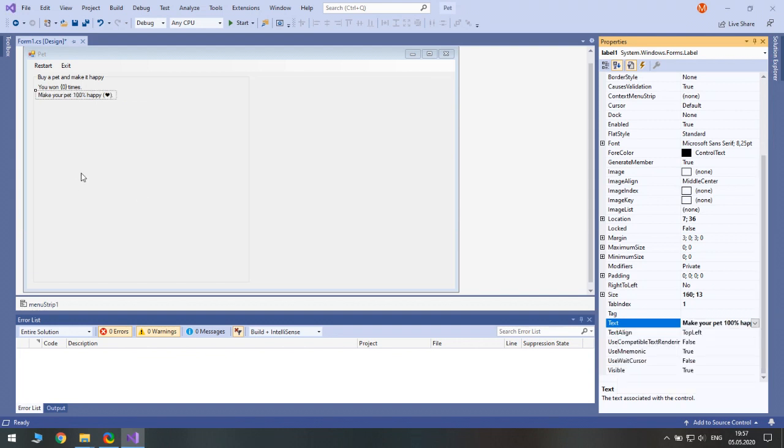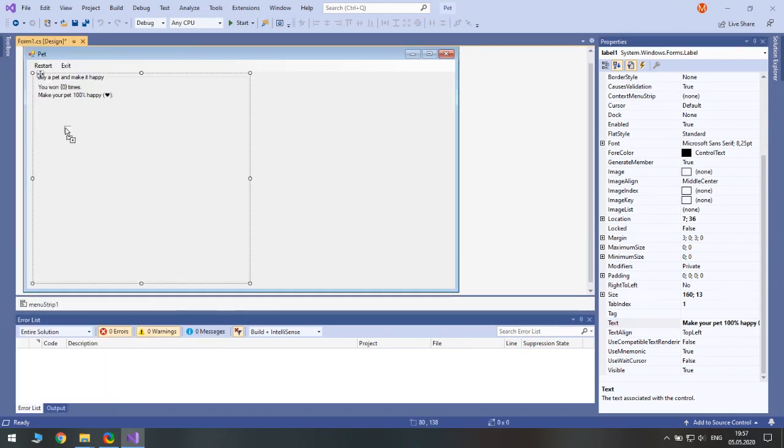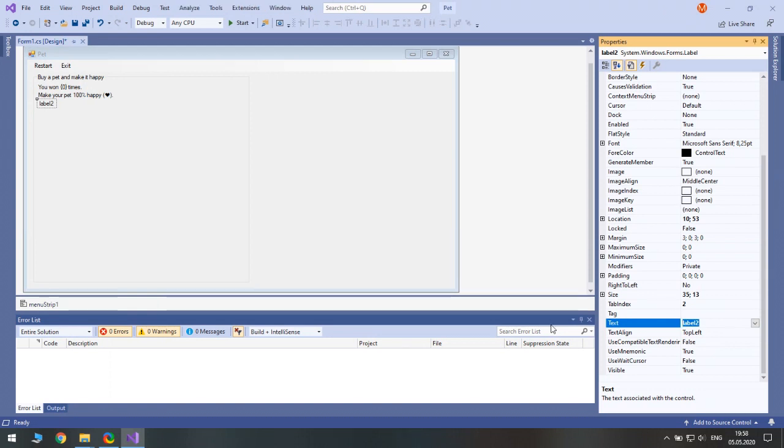Okay. Oh, and we also need to explain how the game works. So we will use another label that we will also not change. So hunger. I plan to make hunger and happiness as two main resources in the game.